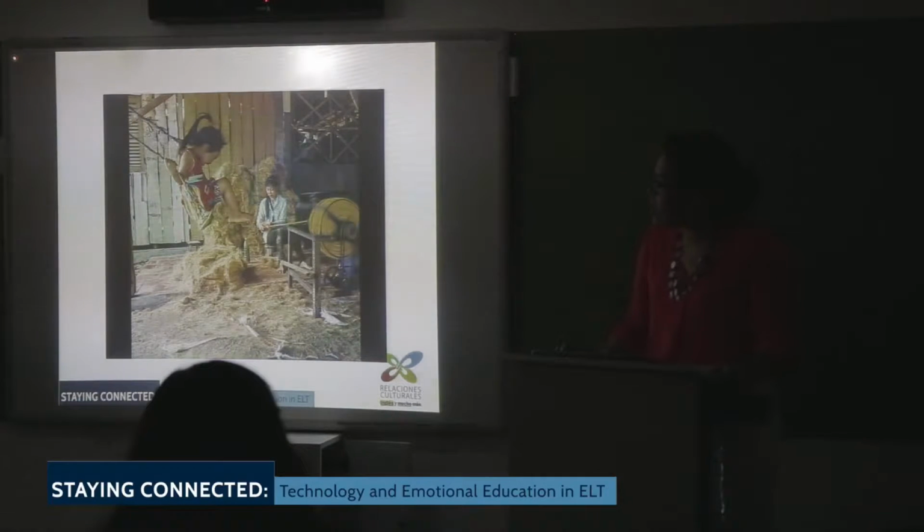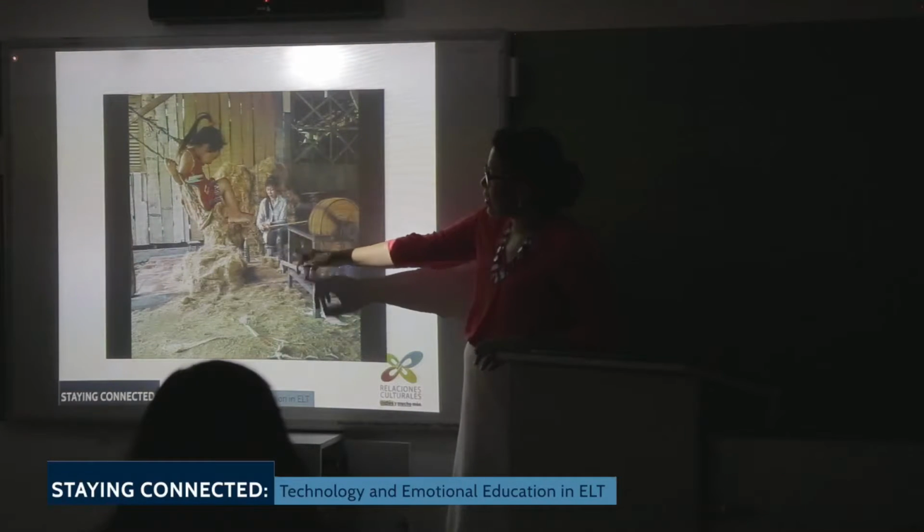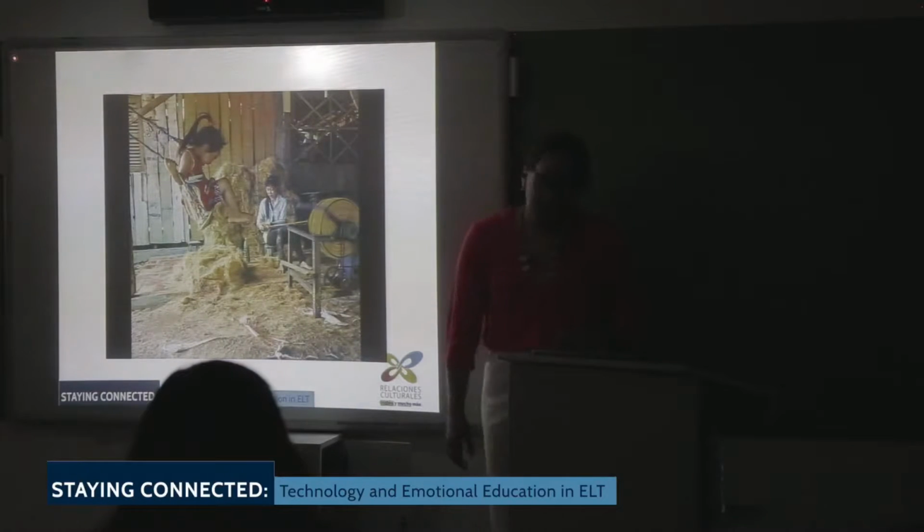It's a swing. It's a girl on a swing. And the mom, well, the girl is swinging, but the mom is back there, and she's making ropes. So this, for example, takes me back also to my childhood because my grandma used to weave. She used to also knit. So every time I would go to her house, I had a swing there, and she would be working, and I would be having fun on the swing.